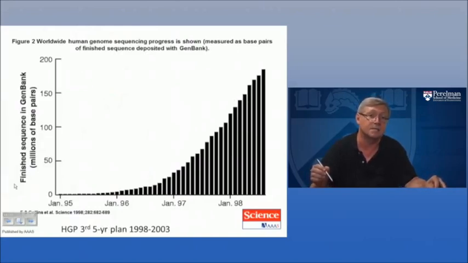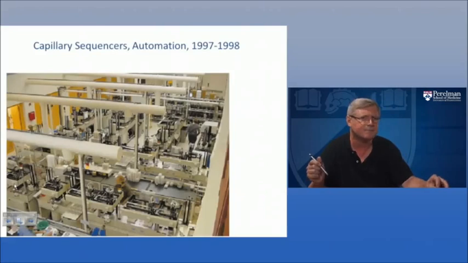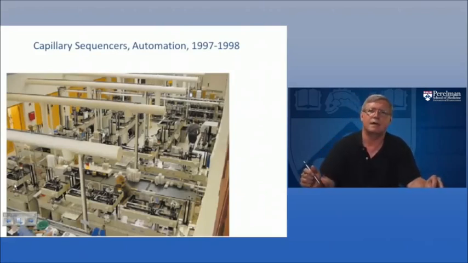That DNA sequencing improvement curve is shown here, where you see just a trickle of sequences coming in the mid-90s, and then a sudden ramp up in the late 90s. Much of this ramp up had to do with the transition from slab gel electrophoresis to capillary gel electrophoresis, and this enabled enhanced throughput as well as an increased accuracy in genome sequencing, to the extent that you could now